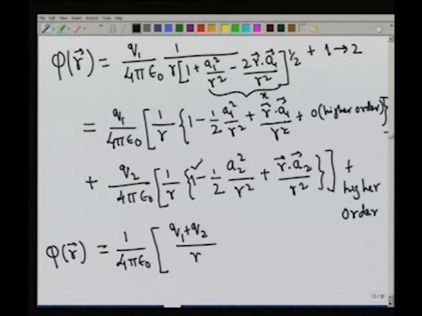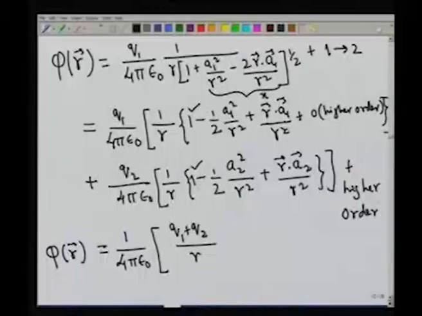So I have taken the contribution coming from these two terms. So in the leading order, the distances between the two charges are of absolutely no consequence to us, or the distances of the two charges from the origin of the coordinate system are of no consequence to us. It is simply Q1 plus Q2 by R. And the next term is indeed of interest to us. So how will I write that?